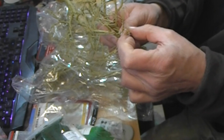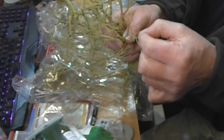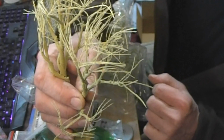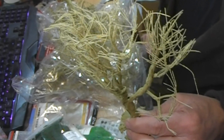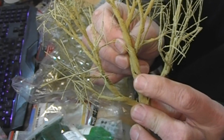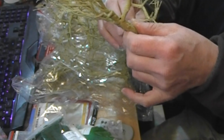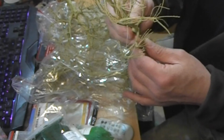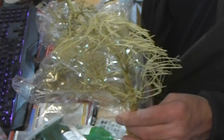And I want to shape the trees first, because obviously it's going to break some of this material I've used to cover it and paste them on. Open the branches up somewhat like that. And it looks like it's been in a storm at the minute, but obviously it's travelled from the other side of the world. You get things like that where the branches are unwrapped. Obviously if I'm going to move that, that's going to crack. So the idea is I will shape the tree to some idea of what I want, and then paint it in PVA or Mod Podge or something, and let that dry so it seals the tree, and then spray it